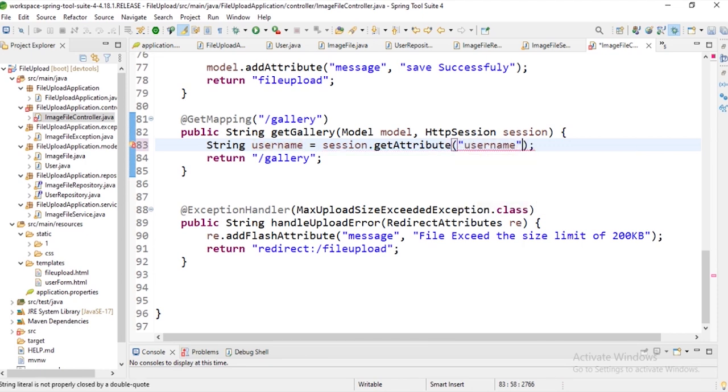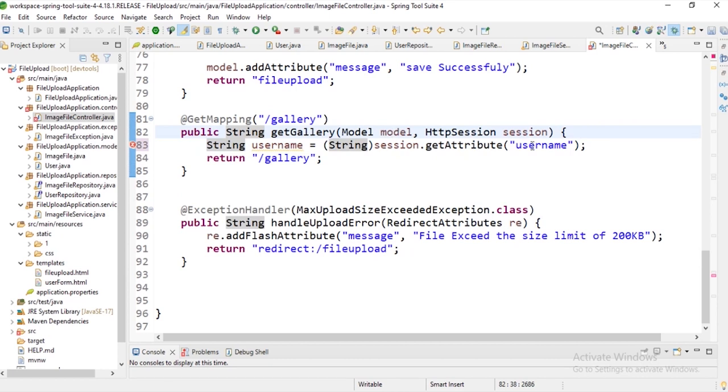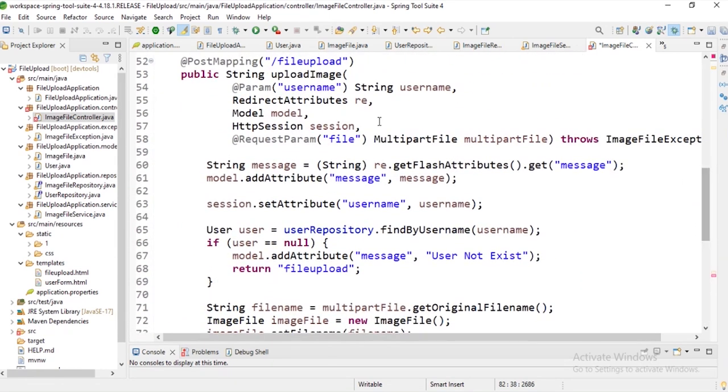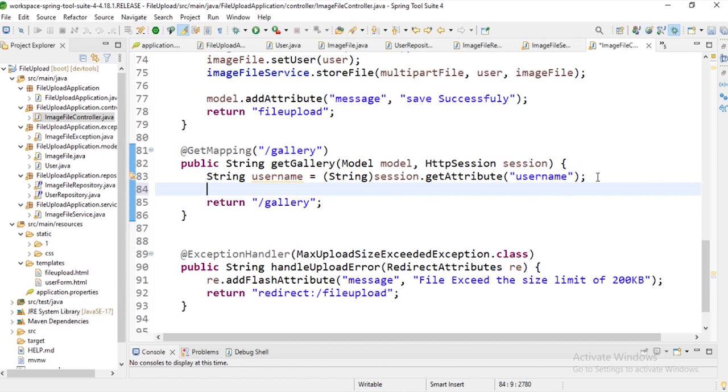We will get the username and then map it to string. So we are getting this username from the session. From this session, we will get the username inside our gallery application. So get mapping. So the next thing we will do is to have model